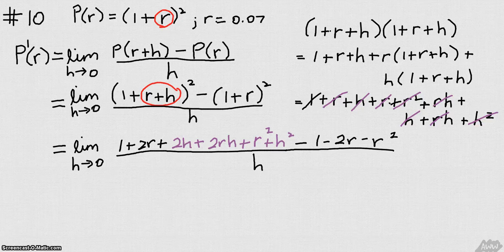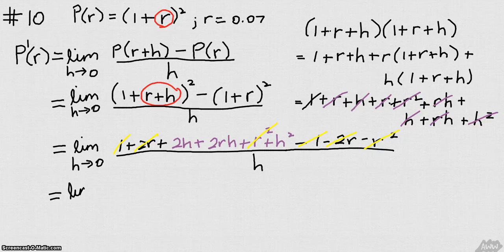Hopefully I didn't lose you guys on that. If I expand this, I end up with 1 plus 2r plus r squared, but I've got to multiply every term by the negative. So now we're going to go through and do what we did earlier. Simplify, so 1 minus 1, 2r minus 2r, r squared minus r squared, which leaves us with